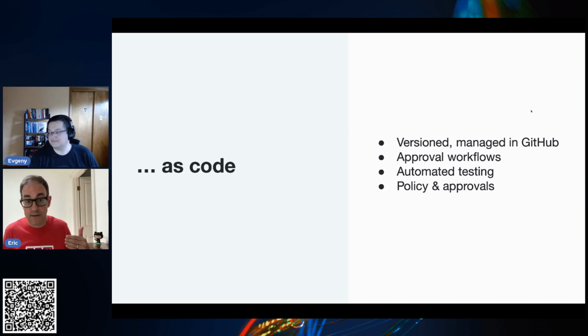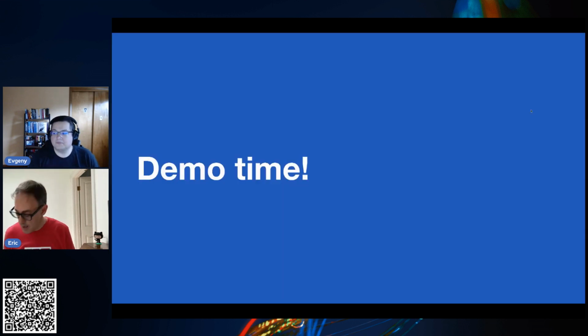And of course, you have the option around all of this, not only to automate workflows, but also the ability to put policy and approvals in place and codify them. Because we're talking GitHub, and the pull request is our vehicle, we're going to see a trace of all of that as we go along. Okay, lots of ins and outs. We'll talk about a couple of them, because there are many different approaches to this.